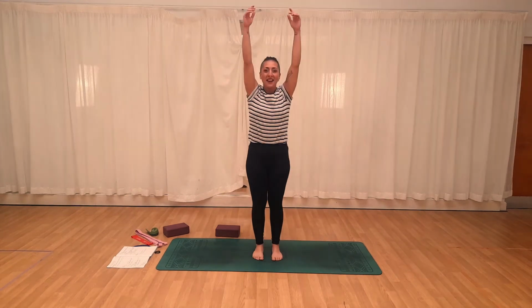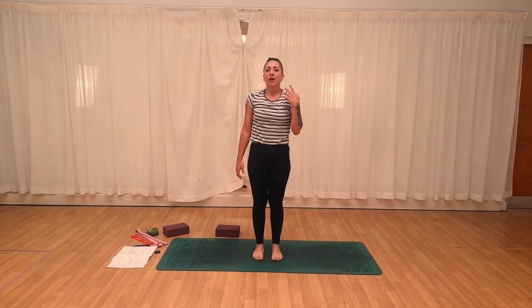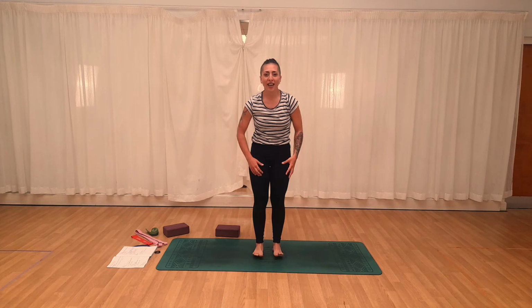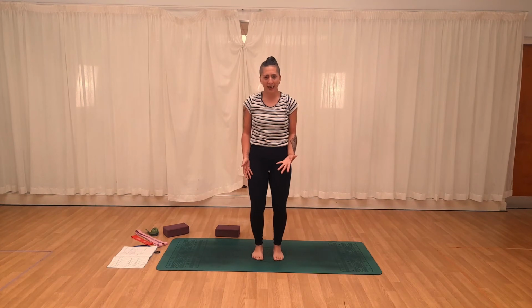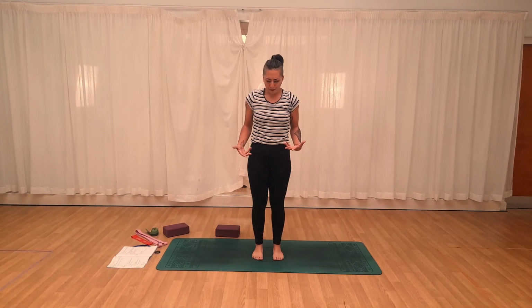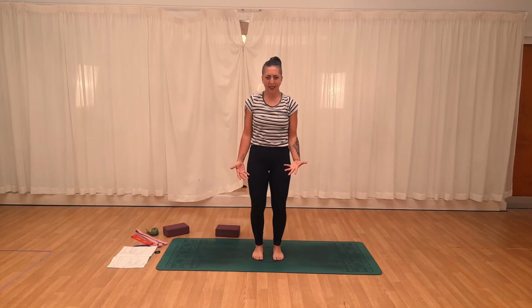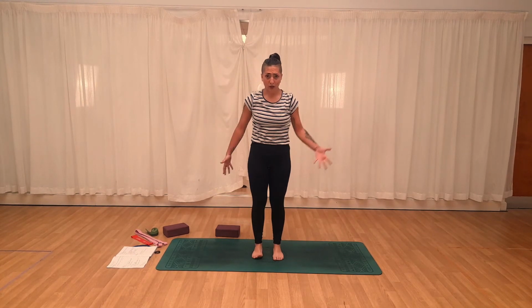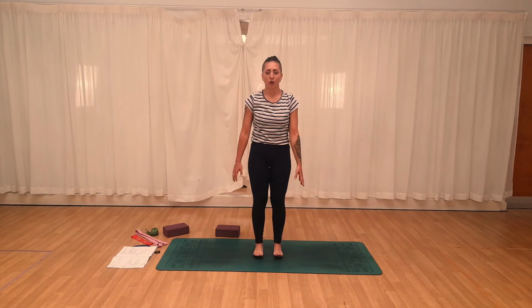All right, now you do it with me. The releasing breath, I like doing really sighing it out, but you can release through your nose if you want as well. Okay, so are you ready? Just let the knees not very stuck, just let them bouncy, so you don't really have to worry too much about your legs. It's more the arms and the breath. Okay, so let's go. We inhale